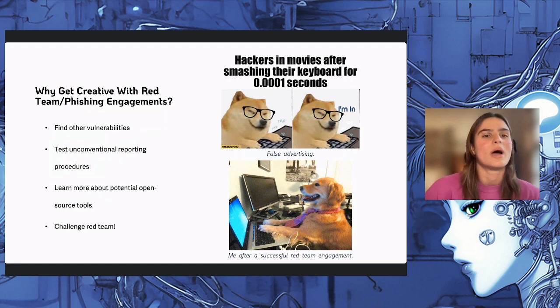And just, why get creative with red team phishing engagements? Why choose to do a Teams phishing engagement versus the usual email phishing engagement for your organization? You do find other vulnerabilities. In this instance, I found that misconfiguration and also the webhooks that are lying around. You get to test unconventional reporting procedures. So say an employee sees something suspicious, it tests how would they report it to the security team,